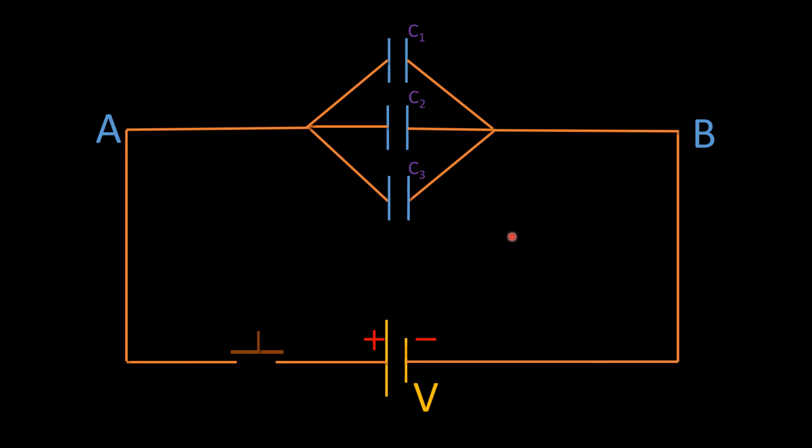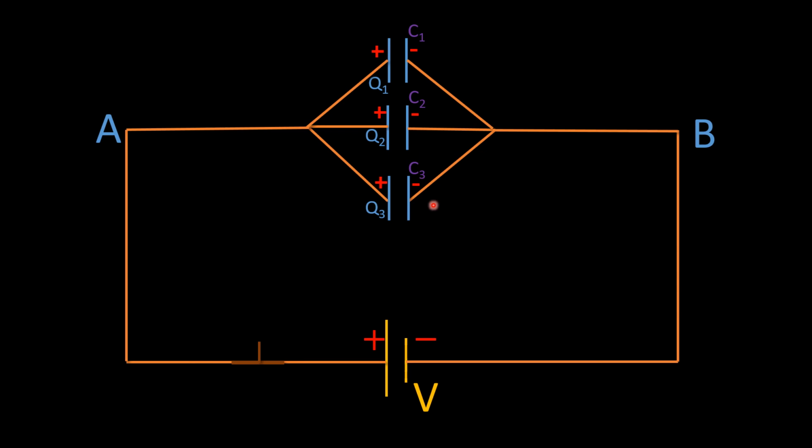So what happens here as you switch on? As I switch on, charges will flow from the battery, and the left side plates of C1, C2, C3 will acquire positive charge. Obviously the right side will be negatively charged. But these positive or negative charges are directly deposited from the battery, and it is not necessary that whatever is the charge on C1, the same is the charge on C2 or C3, because they have different charge holding capacity, and so they will get different charge.